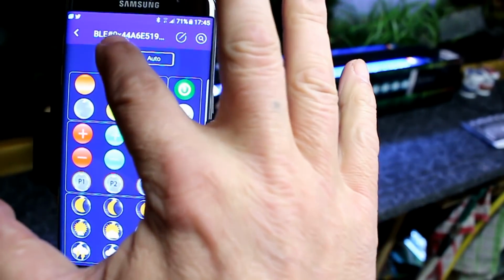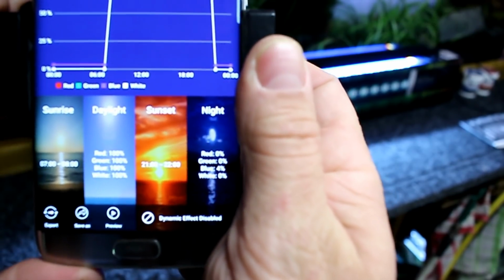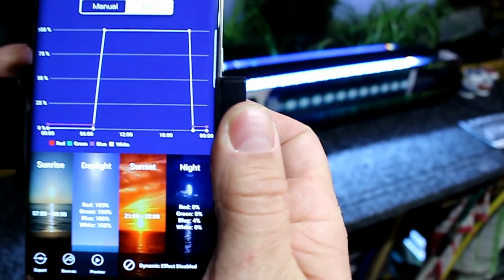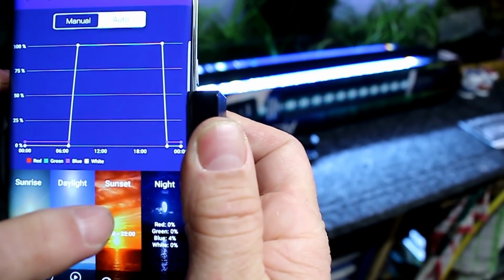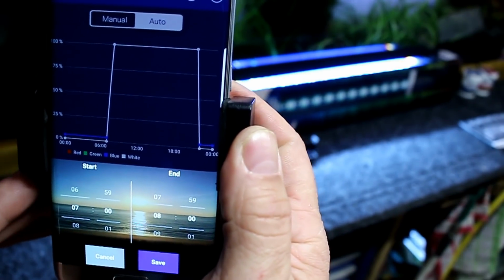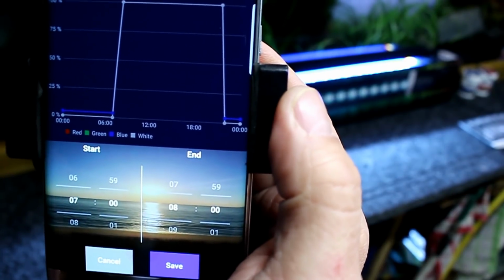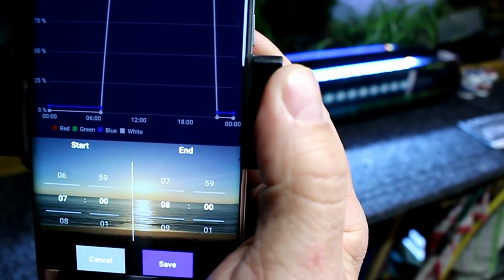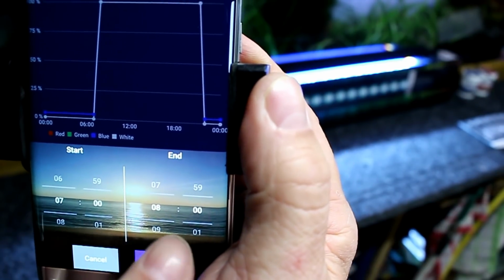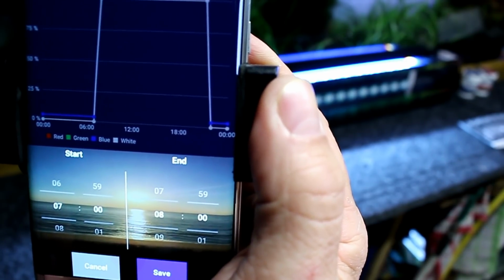But if you go to manual, it'll take you through to another setting, which has got the sunrise, daylight, sunset and night lights. Now, this is a graph here. If I click on sunrise, you've got all those numbers underneath, the hours of the day. Now I've preset this for 7 o'clock coming on, so it'll come on at 7 o'clock and slowly ramp up to 8 o'clock. Then you press save,